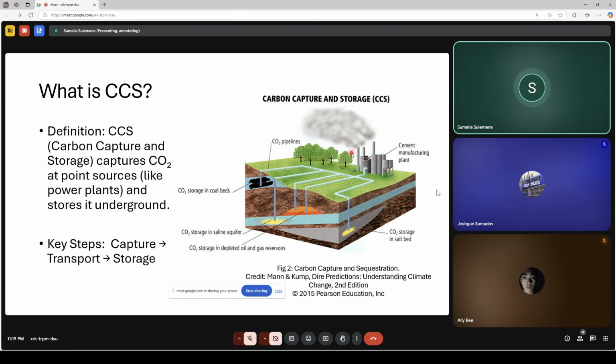So the idea is that even if we assume they weren't performing CCS projects in this particular area, the natural uptake of CO2 from the atmosphere by these plants is also going to support, like I did mention, reforestation and afforestation as part of the CDR tech. So you can see that sometimes it's not necessary that you find only one kind of CDR technology in a